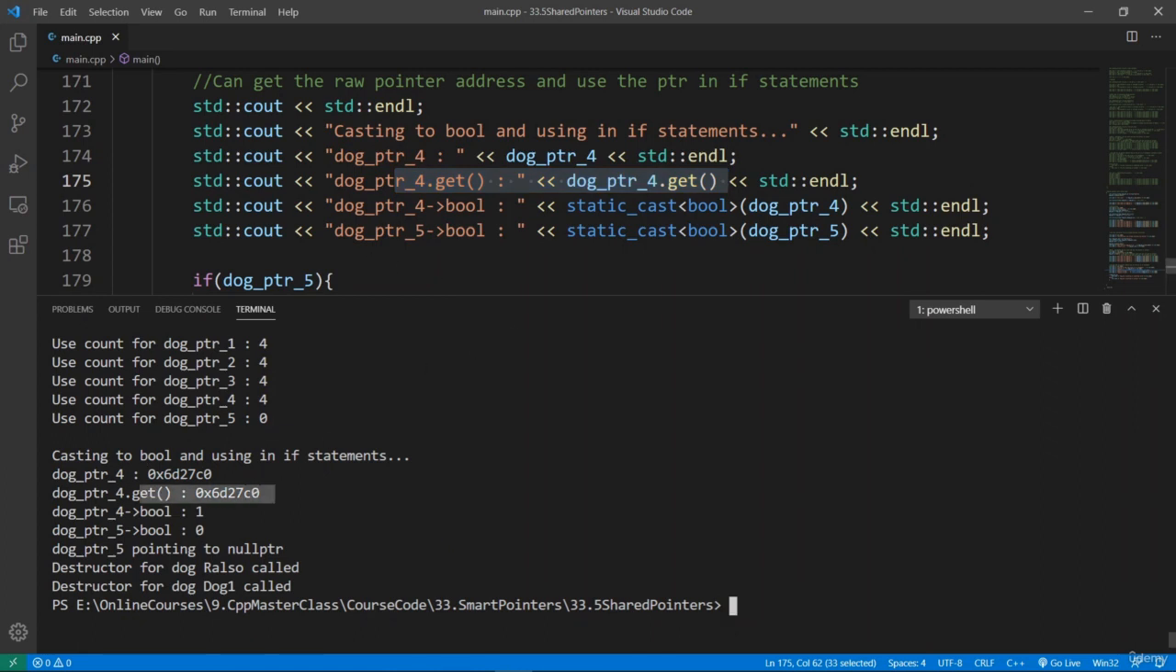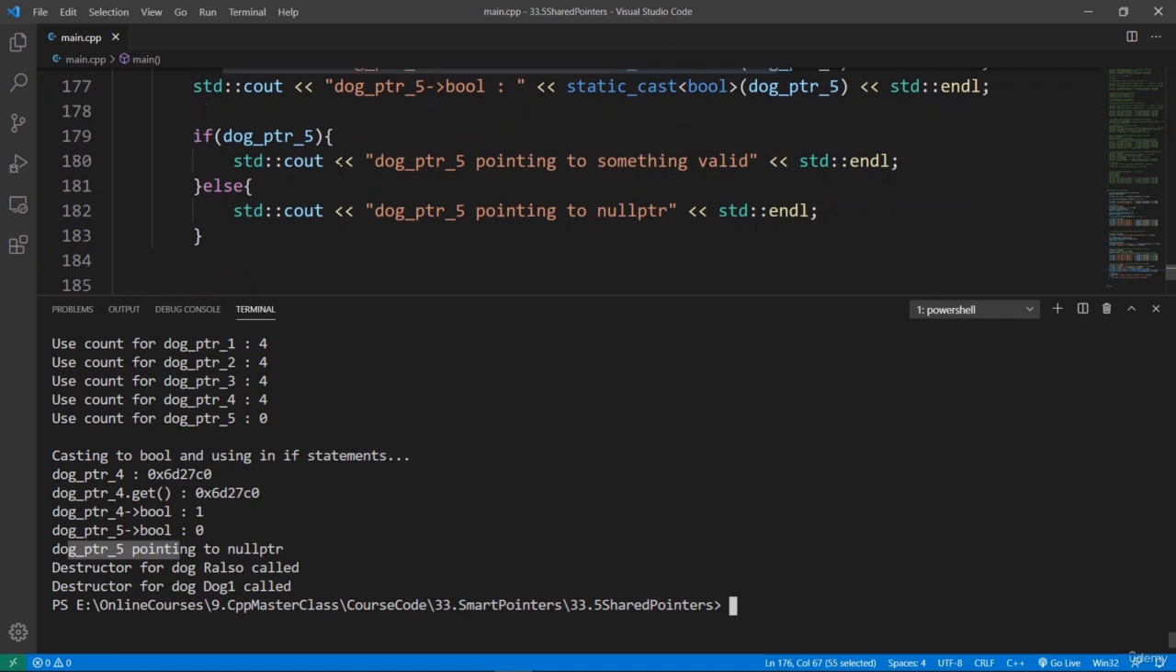We can cast. If we cast and the pointer is pointing to something valid, the value is going to be a true. And if we cast and we have a null pointer, we're going to get a 0. And we can go through if statements to know what we are pointing to in our pointer. We can say if dog pointer 5 has been reset, so we know it is pointing to null pointer. So we're going to hit this statement here and say dog ptr5 is pointing to null pointer,